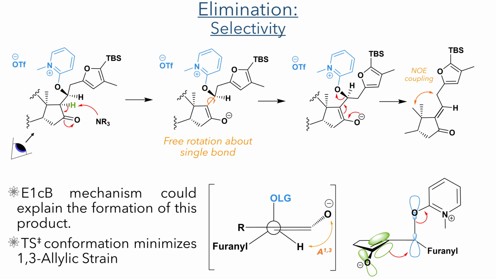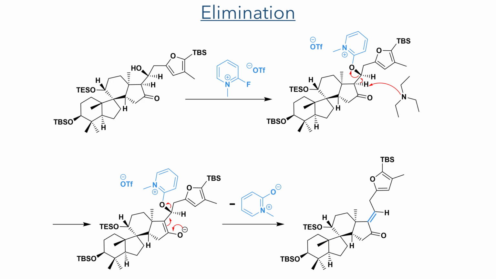This reacting conformation would be favoured as it minimises 1,3 allylic strain between the oxygen of the enolate group and the substituents on the carbon bearing the leaving group. The data from the NOE studies, together with this conformational analysis, allows us to propose this mechanism for the elimination. The fluoromethyl pyridinium reagent first binds to the oxygen, which increases its leaving group ability. Deprotonation of the alpha proton generates an enolate, which then eliminates the leaving group to selectively generate the double bond